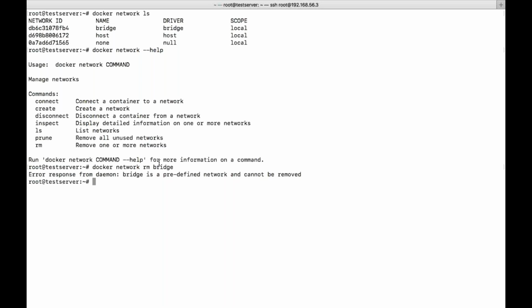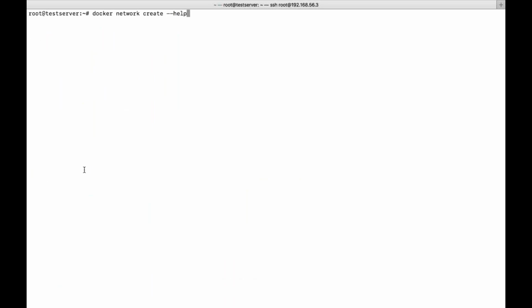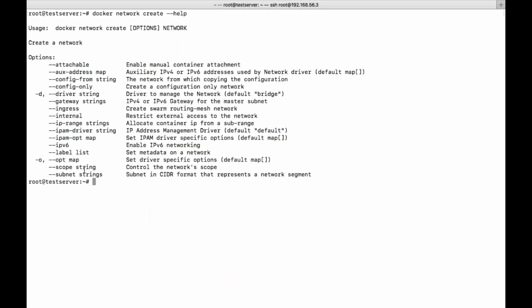So now we need to use docker network. If you don't know the command, just use tab, create. Then if you don't know the option which I need to pass here, can someone tell me which option I need to use in order to get that particular CIDR value? I want to create a network with the CIDR value 10.10.0.0/24. Which option do I need to use in order to create the network? What are the important options I need to use here?